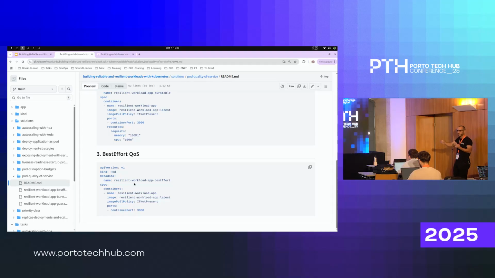Of course, the application will fail, but then you will enter the famous crash loop back off, and it will be there just crashing. If it doesn't have enough capacity, Kubernetes will mark the deployment as failed. So, okay, I cannot schedule this workload because you are asking for capacity that I don't have. And there will be other stuff. So if you have Karpenter or Kubernetes Autoscaler, if it's configured properly, it will say, okay, I don't have capacity, but I can, for example, add new nodes, so Kubernetes will wait for more capacity to come online. We'll not see that part, but if we were going down that route,